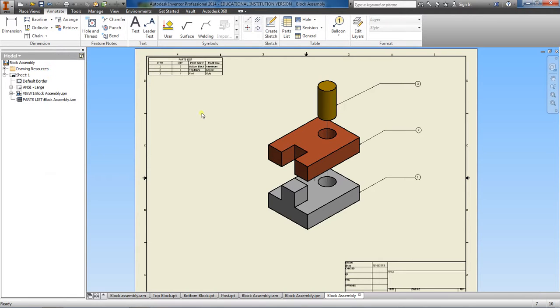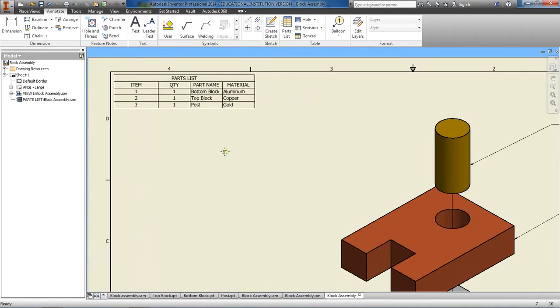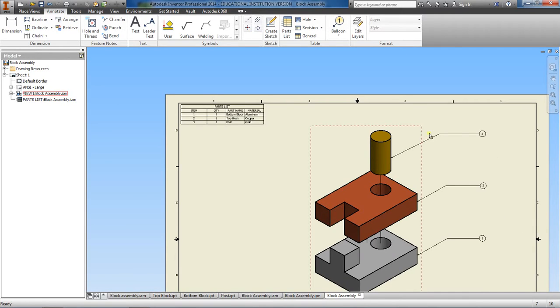All right, one last thing before we wrap up this tutorial on this block assembly. As I mentioned before, you notice that the balloon numbers and the text on the parts list are a little small, but remember that when you print these things out, they're printed on a large sheet of paper, so this will definitely be legible. But just for your FYI, if you wanted to change the size of the text here and these balloons here,